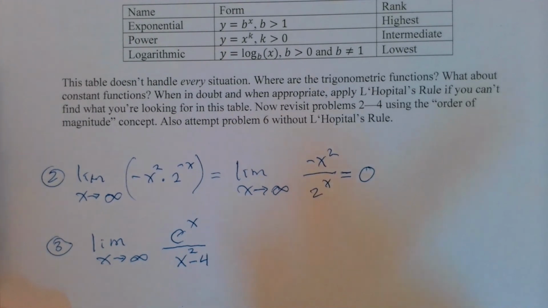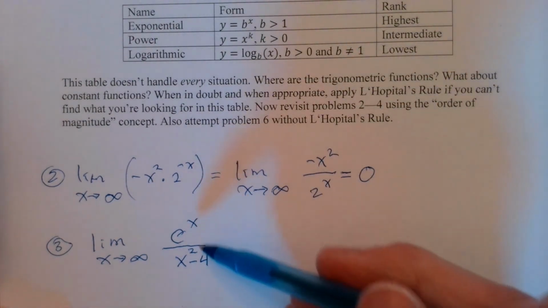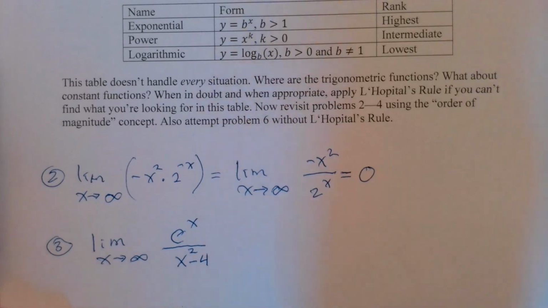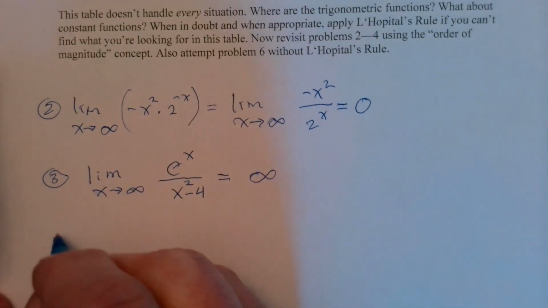E to the x. It's exponential. So you have a higher or highest order of magnitude over intermediate order of magnitude. This is going to go to either infinity or negative infinity, and I have no reason to think it's negative infinity. And last problem for this video, problem 4,